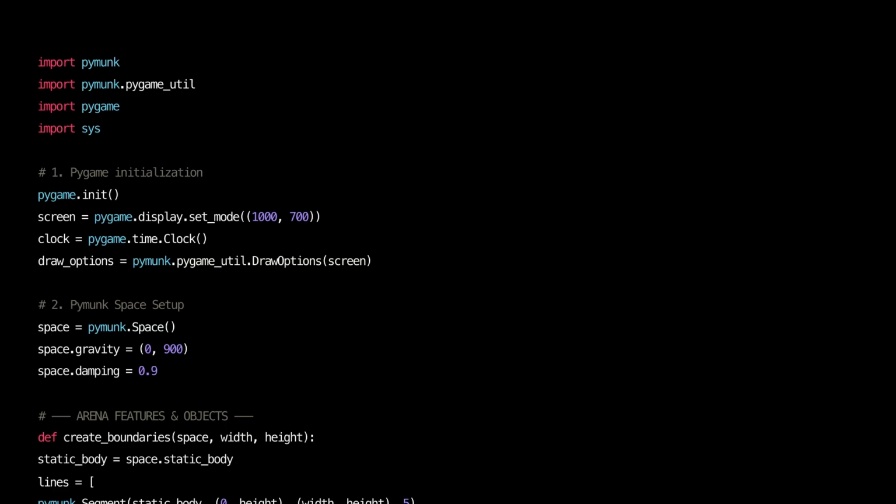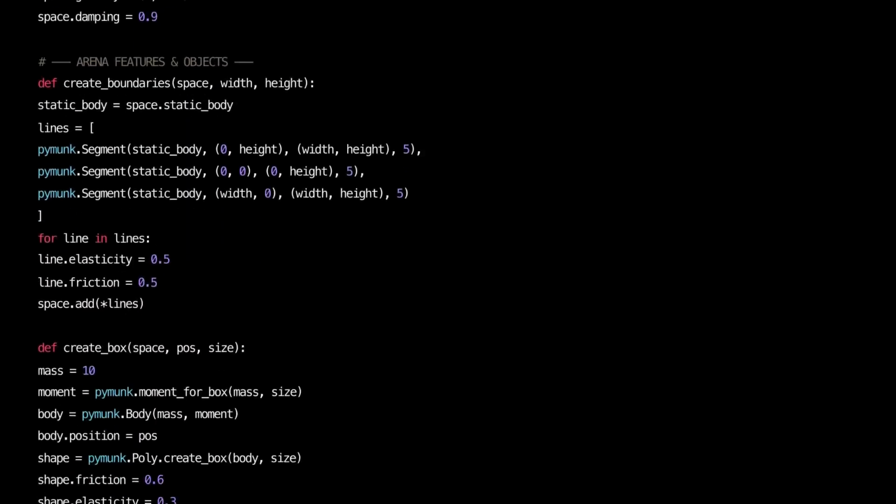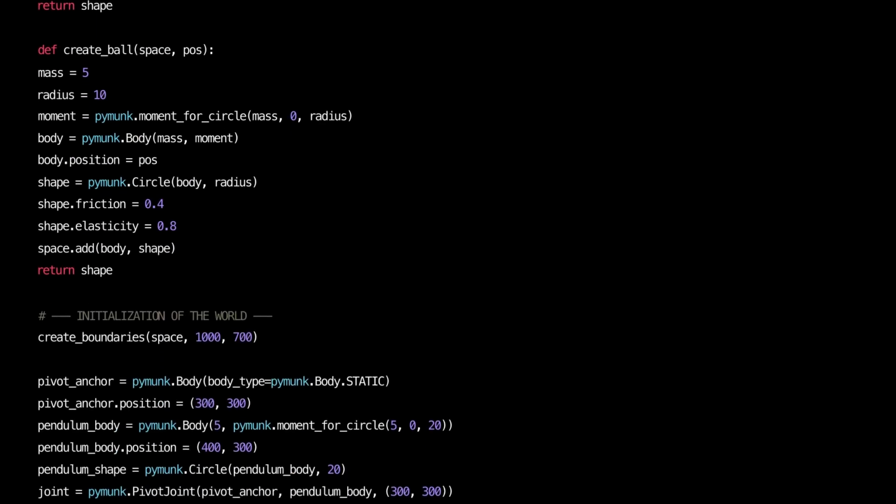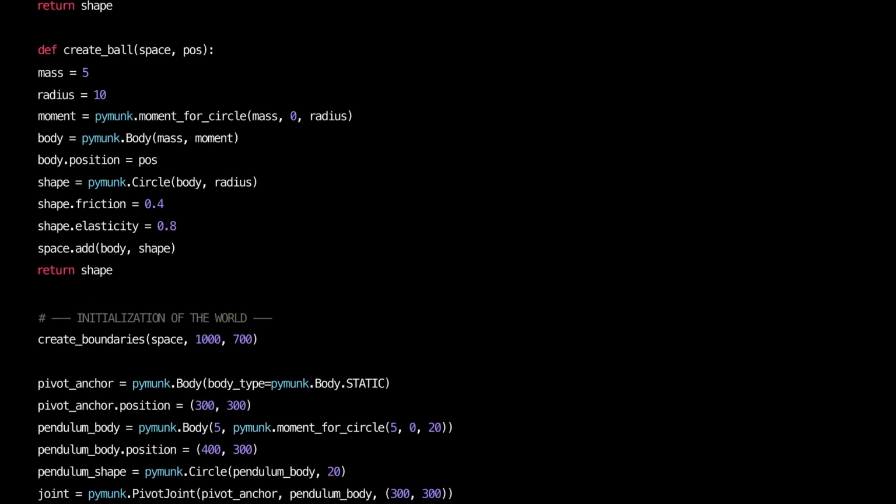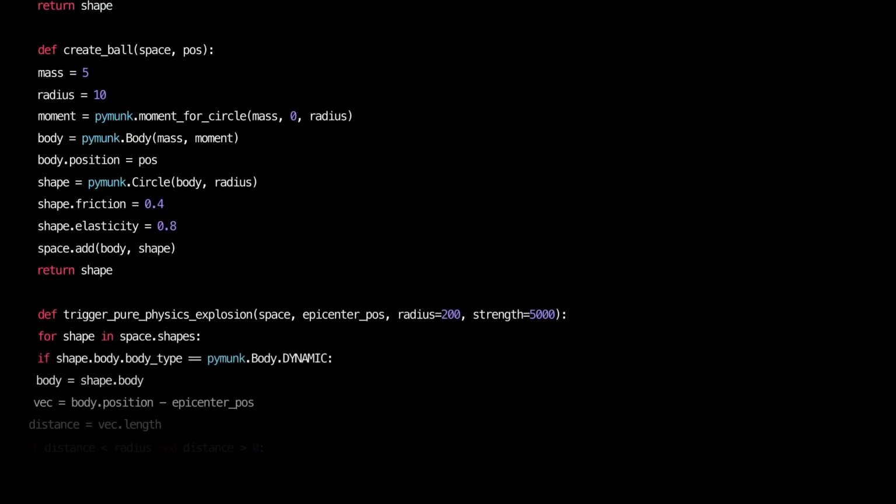In the last part, we built a massive world with over 1,000 objects. But so far, we've just been observers watching gravity do its work. Now, we change that. We're going to implement a God mode to turn this simulation into an interactive playground. First, we need some power. We're defining a